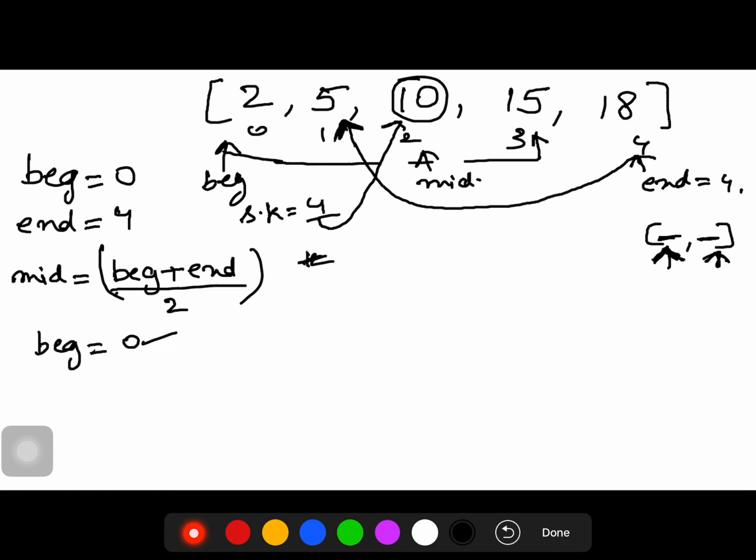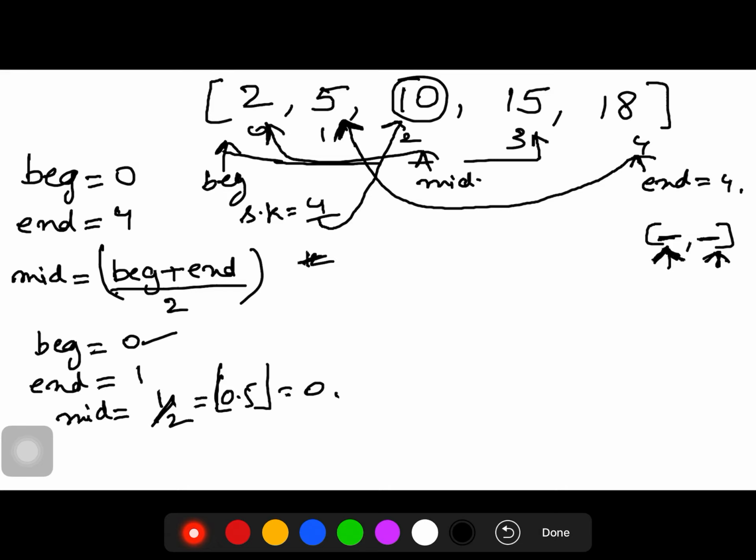Now our beginning is pointing to 0 as in the previous case. Now end has changed its location from 4 to 1. Now we will again calculate mid, which is beginning plus end by 2. Beginning plus end is 1, and by 2 gives us 0.5, whose floor is 0. Our mid is also pointing to 0.